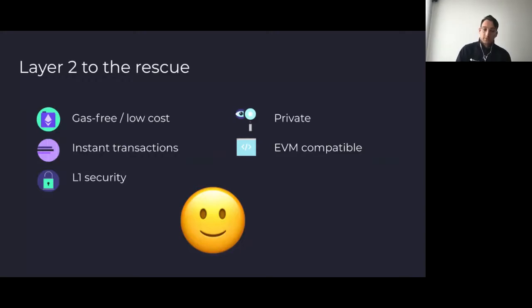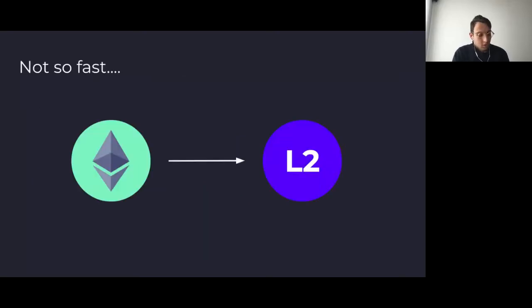Unfortunately, the story is not complete. As many of you know, maybe you've tried using some products, and we're not quite there yet. So first off, let's look at why that is. We said on layer 2 things are great, but how does one get to the layer 2? For now, the most common route is you would move your assets from Ethereum onto a layer 2, because most assets are on the main chain. So that presents a couple of problems.